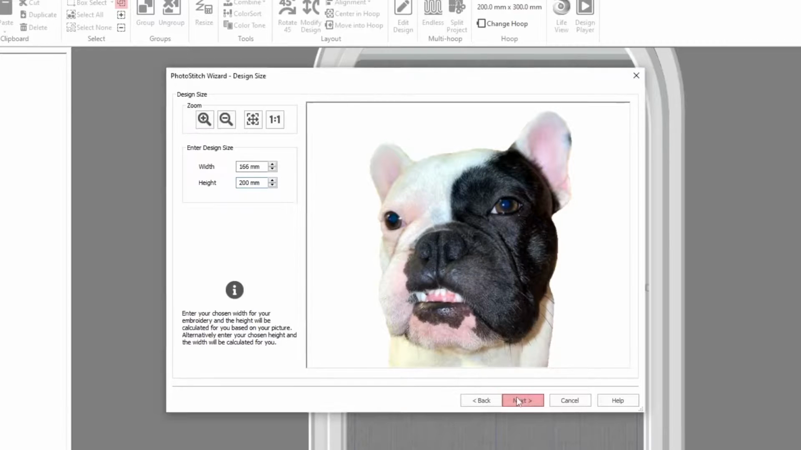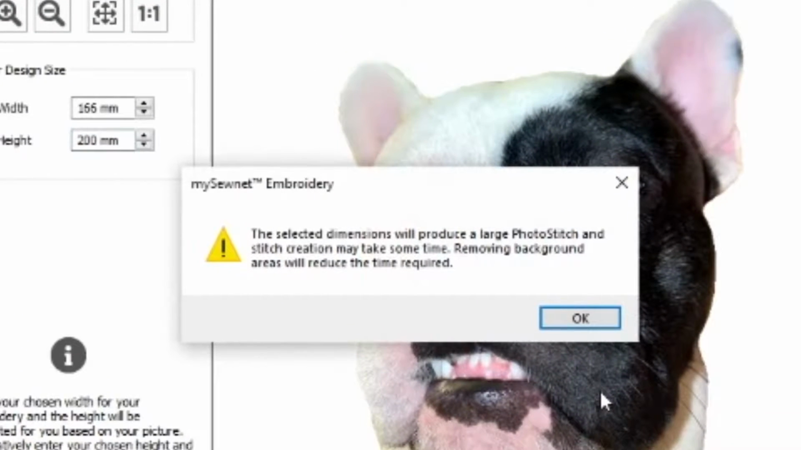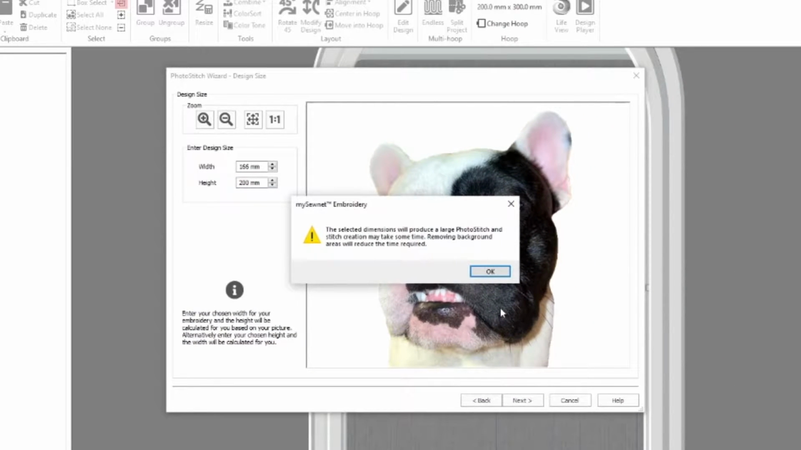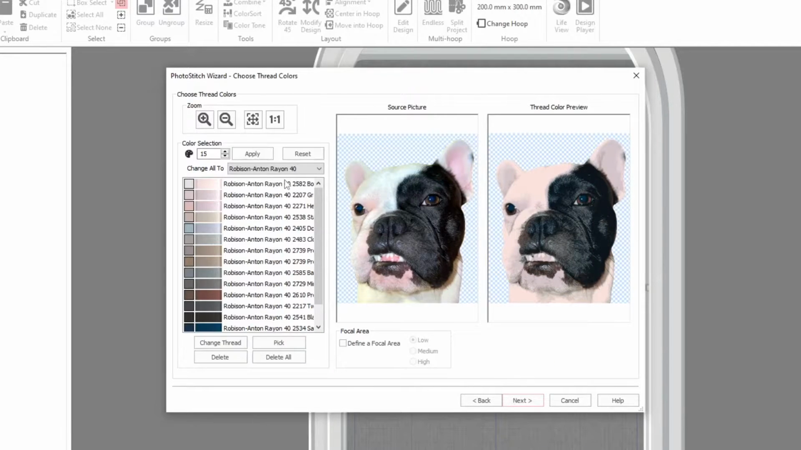I then hit next. It then popped up with this error, which is basically telling me that I'm doing quite a large photo stitch and it may take quite a lot of time to stitch out. So this is where removing the background can come in handy. If you know how to use editing software like Photoshop or maybe a free option like paint.net, then you can erase the background and then save it as a PNG format so it saves the transparency. If you save it as a JPEG, it won't save the transparency options and you'll end up with a plain white background. Alright, I'll close that message and we get on to the important part, choosing your thread colours,